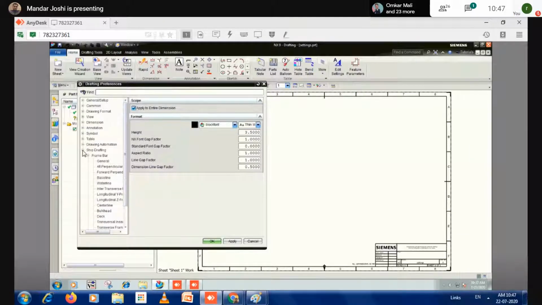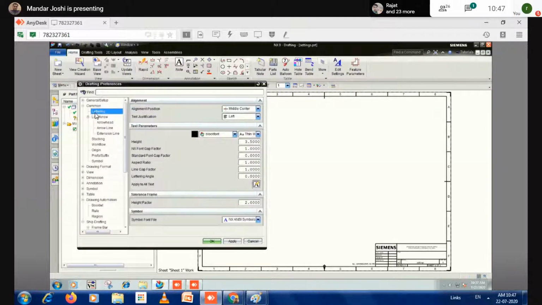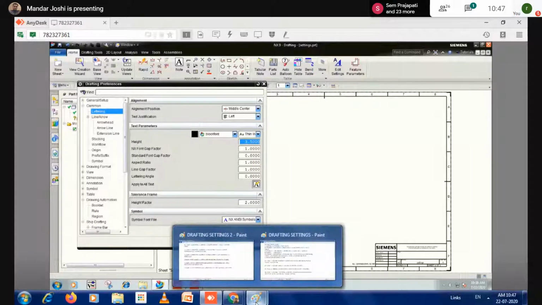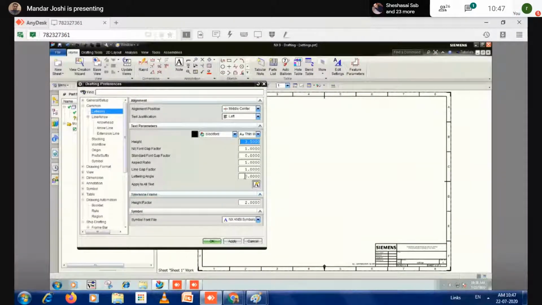So do you see the common option there in this list? So select Common. After that, Lettering. After that, Text height. Is this one. So how much value is given there? Value not given. So let's suppose I'm taking this value as 8.